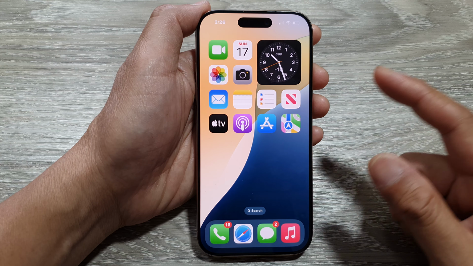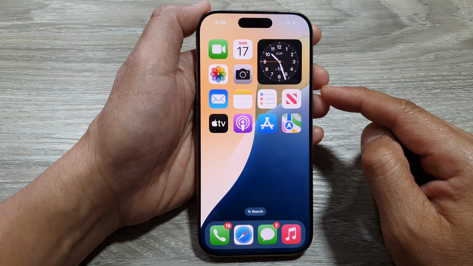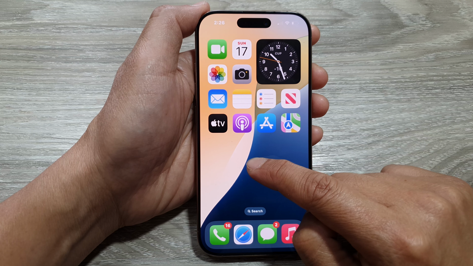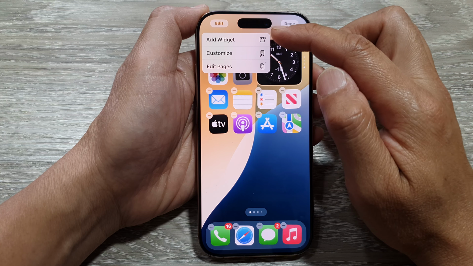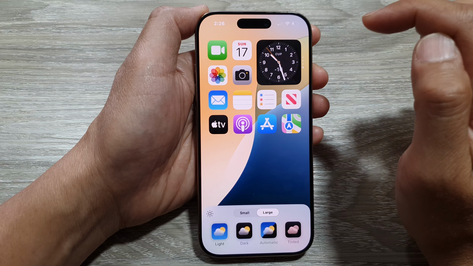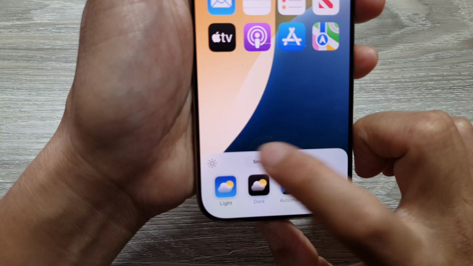is swipe up at the bottom to return back to your home screen. And on the home screen, touch and hold, then tap on the edit button at the top. Now from the pop-up, tap on customize, then at the top here, tap on small if you want to make